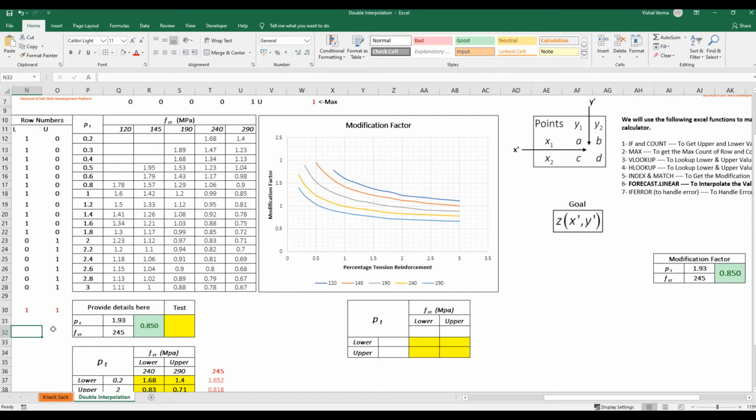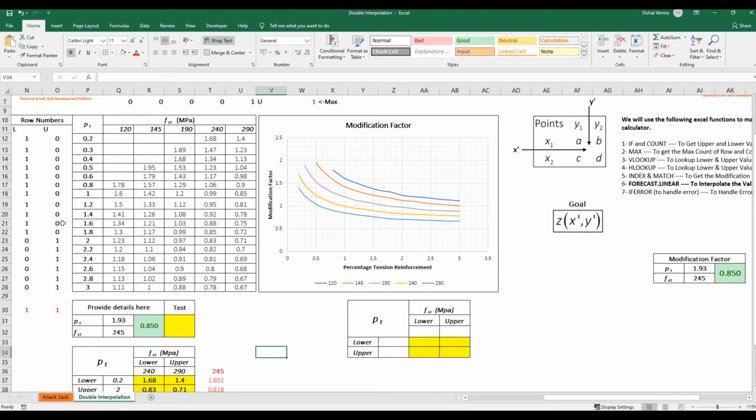But the problem is, if we take VLOOKUP of this value as the lookup value, I will get 2 as output for PT. And if we take VLOOKUP for this lookup value, I will get 0.2 as the PT value, because it will take the first occurrence. For this case it is correct, but for this case we want to get this value, but it is providing us this.